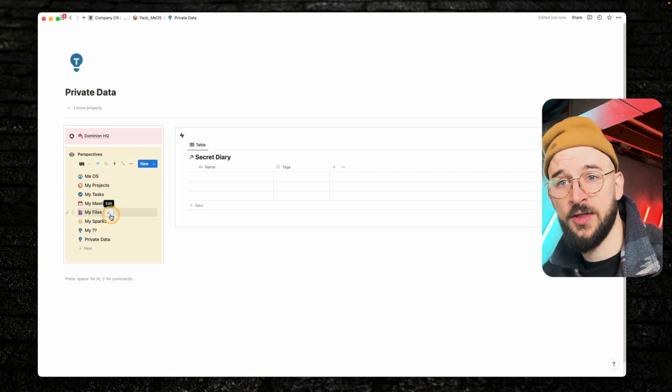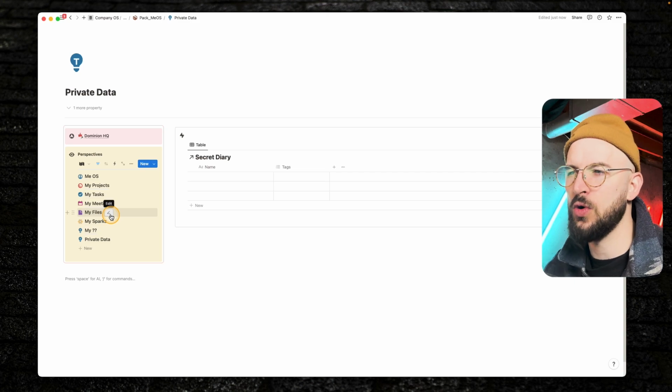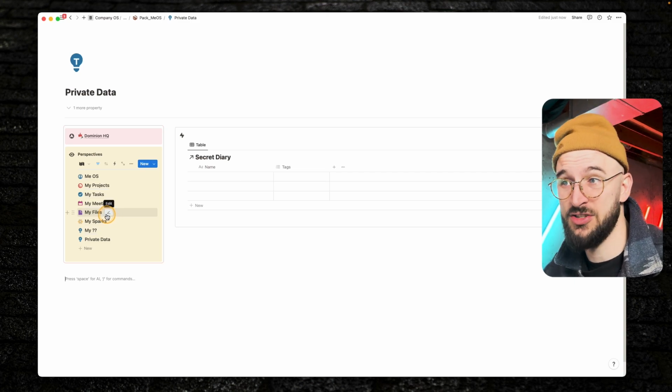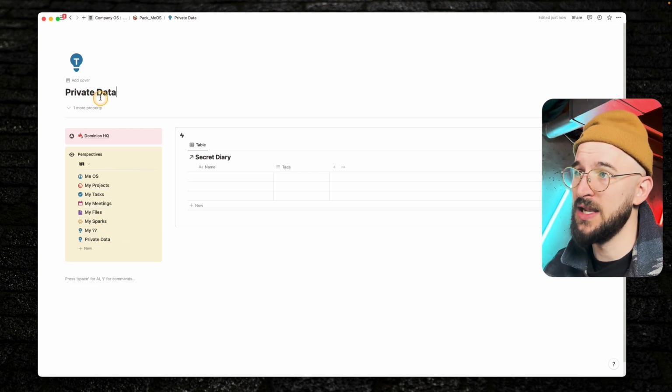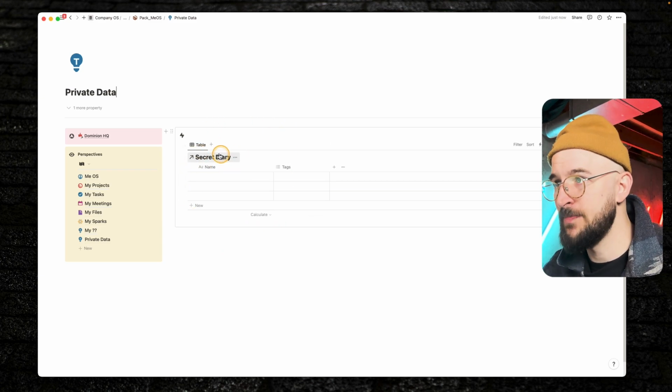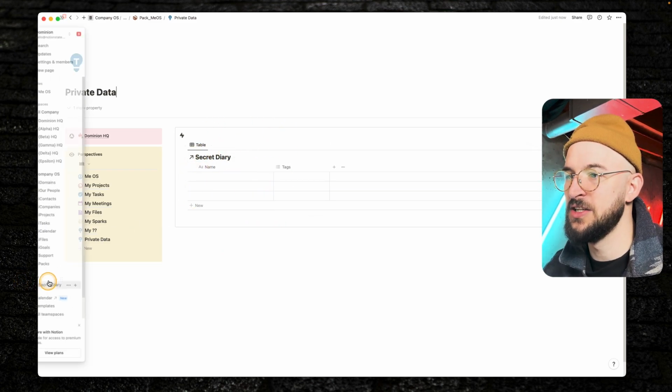So it's actually really helpful for them to check in on you and see what you're working on, and maybe they're looking for a file that you wrote. Instead of asking you for it, they can just jump over here. So really useful. But when they come to this private data page, they will not be able to see this database. You will be able to, but they will not,